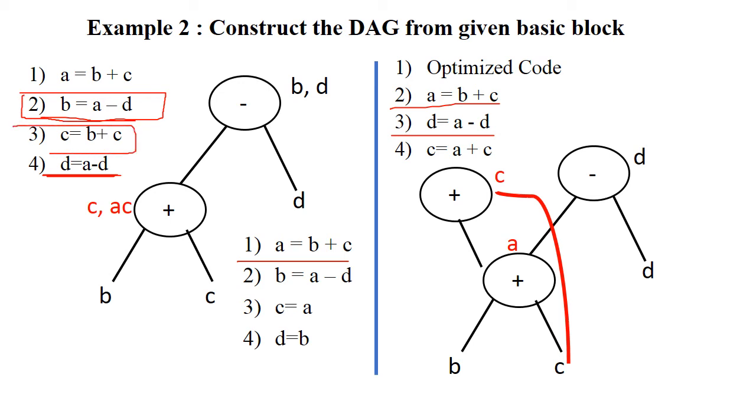Now see what happens with respect to this instruction. C is equal to B plus C. Now B's data is basically stored into the D. So instead of writing C is equal to B plus C, there is a need to optimize this particular instruction by considering the current reference point of the B, because B's data is stored into the A. So we have to write down C is equal to A plus C. So this particular code is optimized in two ways. The first slide explains the one approach that maybe compiler follows, and this slide will explain the second approach.